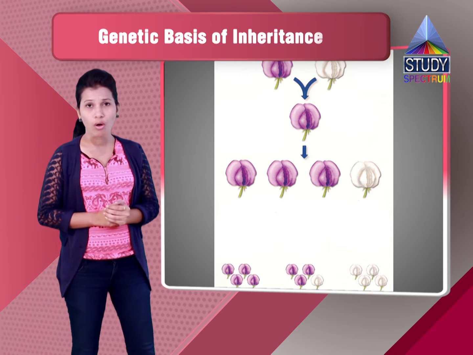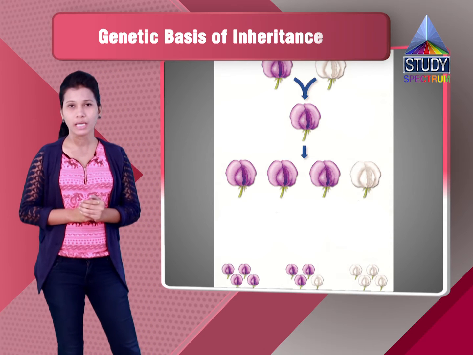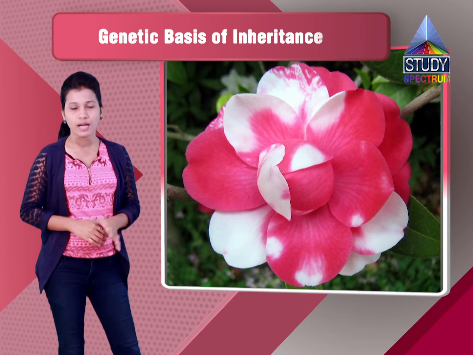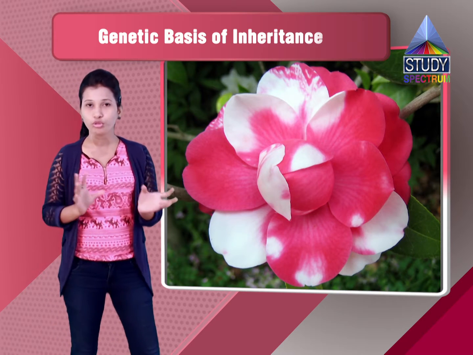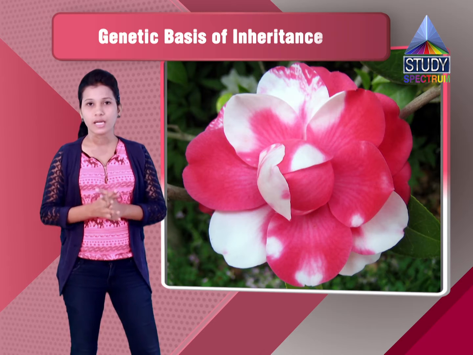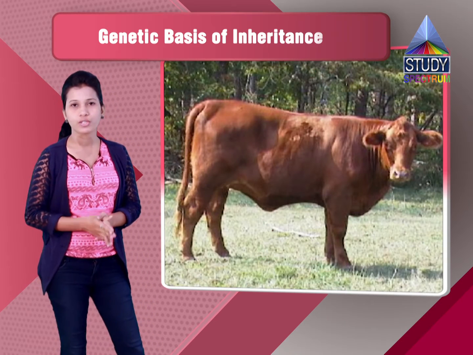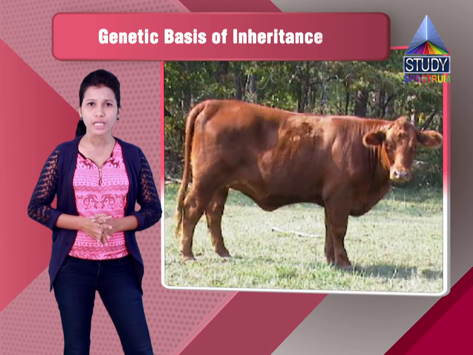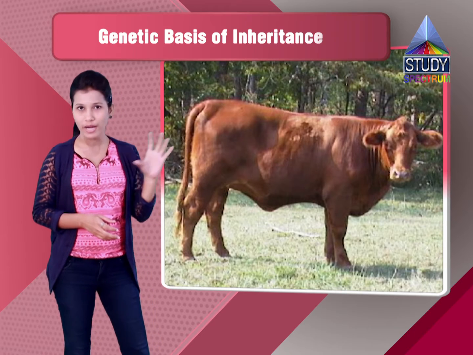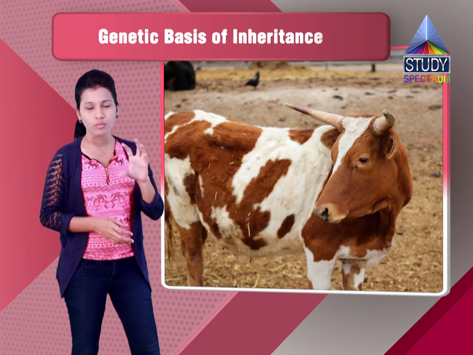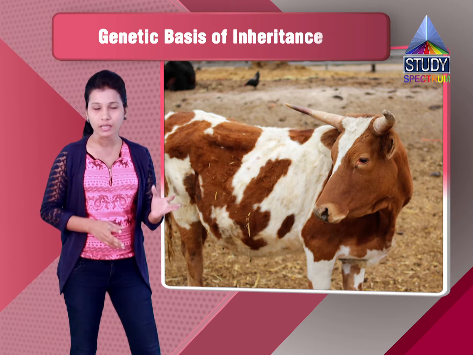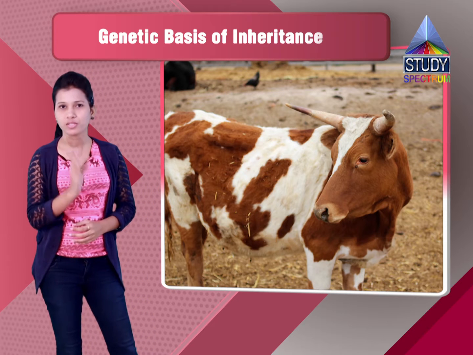Now the second law, which is again a non-Mendelian theory, is codominance. The word itself suggests that both the characters or both the genes are dominant. We can take the example of a cow which is red color and a bull which is white color. The combination of it in the first generation gives a red cow with white patches, or a white cow with patches of red color on its skin. Hence both the genes, the red color gene and the white color gene, are expressed simultaneously.